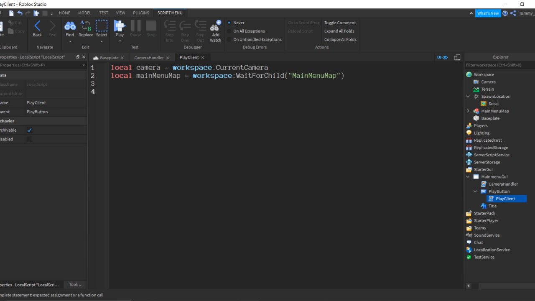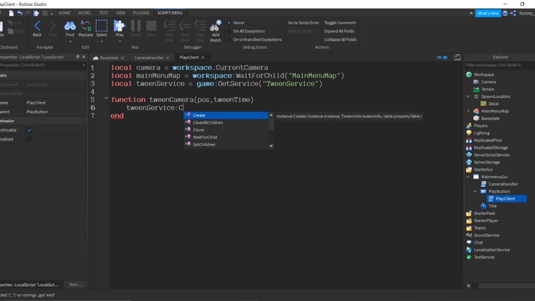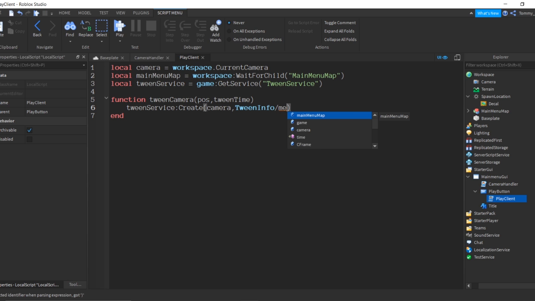So we got our variables, so now we can do our function. So we can do function tween camera, and then we can do pose, tween time. Okay, so now what we can do is define another variable and call it tween service. And we can do that. So we got tween service. So we can do down here, tween service, create camera, tween info, dot tween info, dot